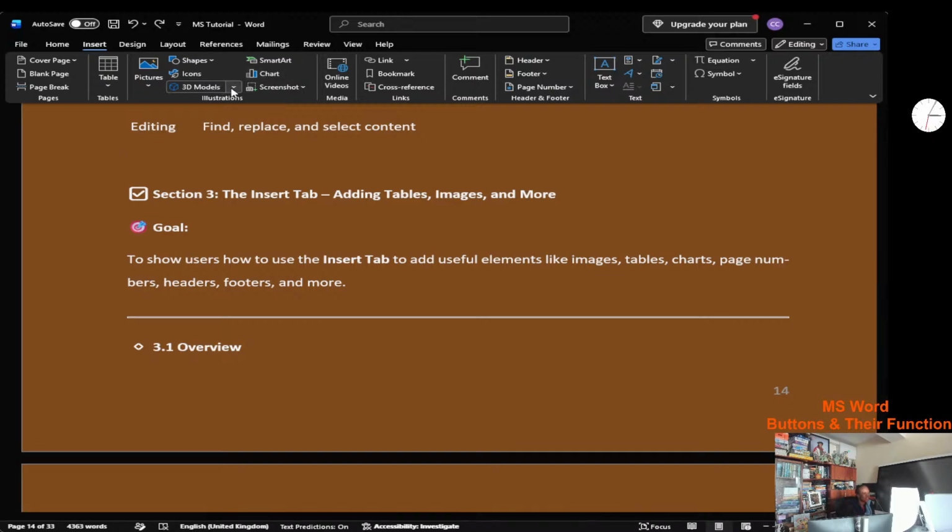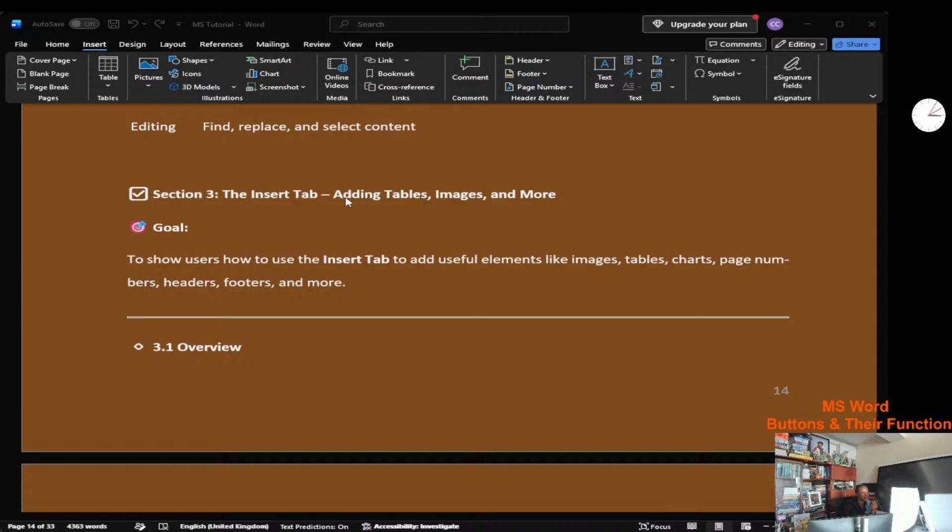Then we also have the 3D models. The 3D models, you can get them from the stock models, or from your own device, from your own pictures that you already stored. And we have SmartArt that you use in showing things, illustrative visual art that you can manipulate and add your own information to. Like if you want to show a list, there are arts that you can use to show the list. If you want to show processes, that this led to this and this led to this, then you can choose. If you want to show circles,